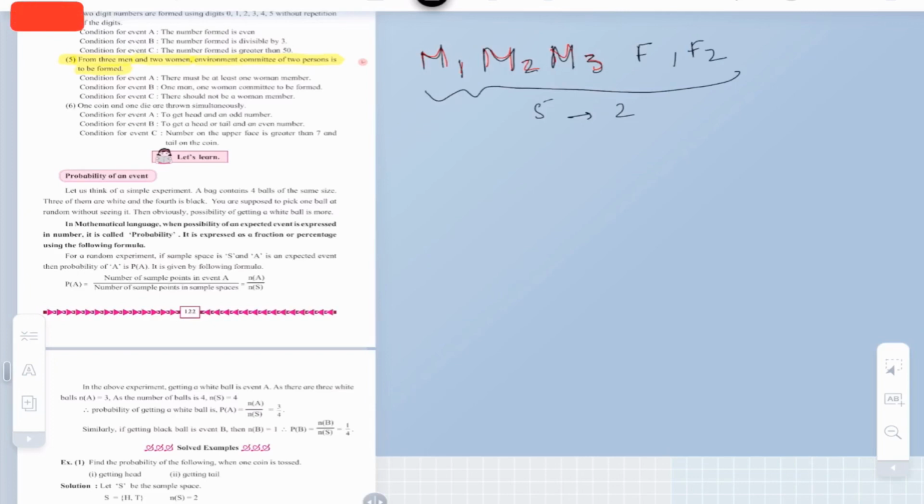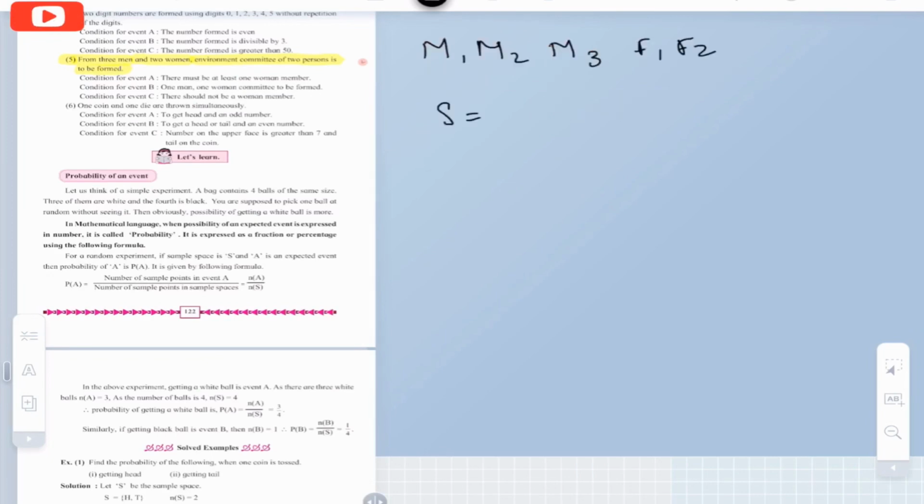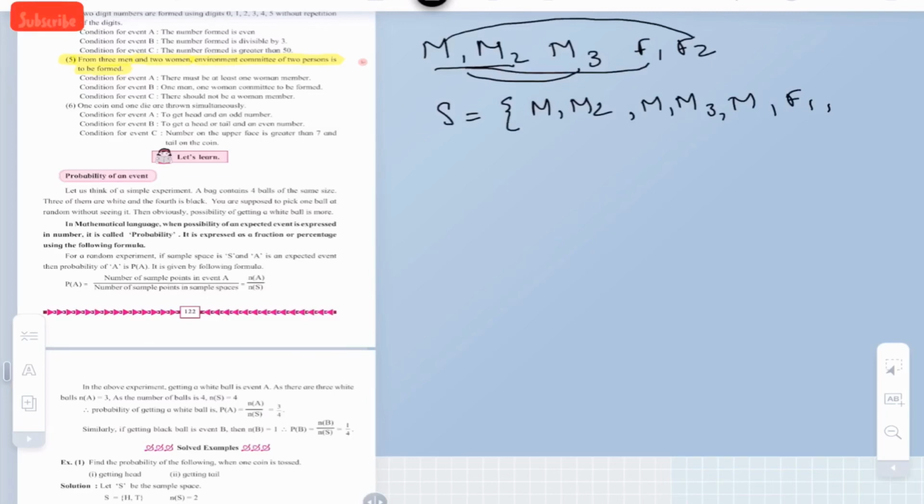So considering that, we are going to write the sample space S. S is given by M1, M2. So you are selecting M1, M2 or M1, M3 get selected, or M1, F1 or M1, F2